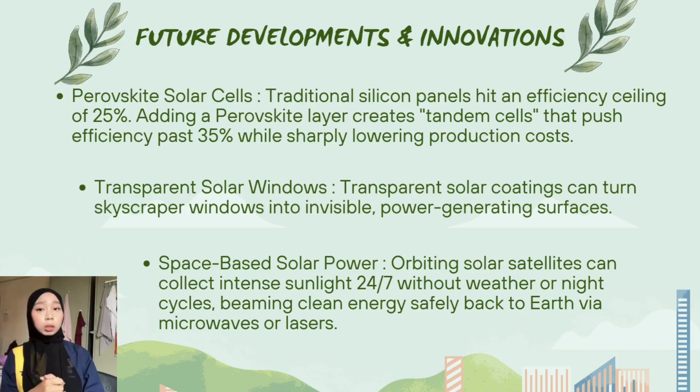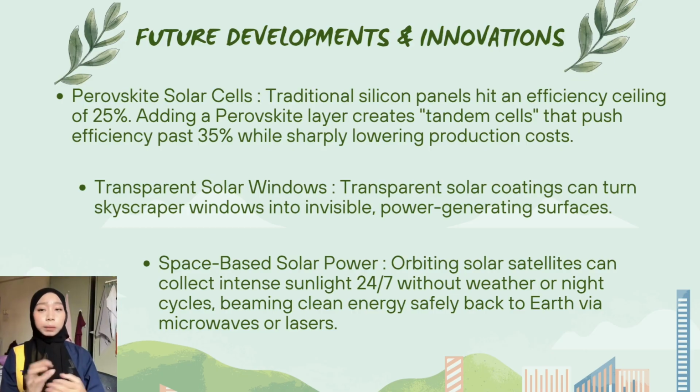Second, transparent solar windows. These are special coatings on skyscraper windows that absorb invisible UV light to generate electricity while staying completely see-through. And third, space-based solar power. Scientists are designing solar satellites in space. Out there, they can collect constant sunlight 24 hours a day with no clouds or nighttime and beam the energy back to